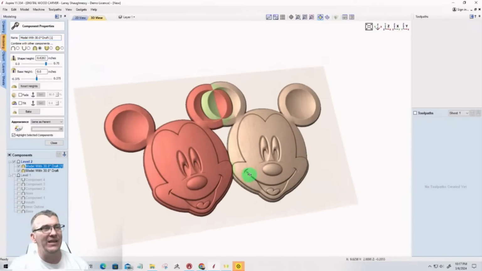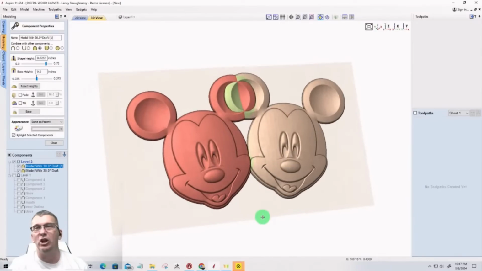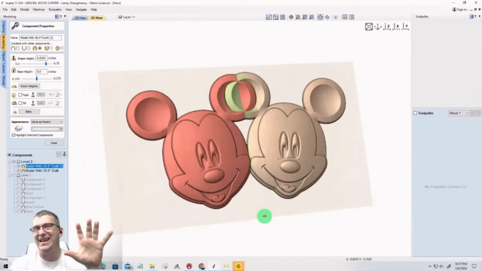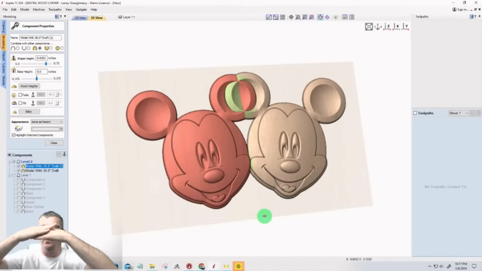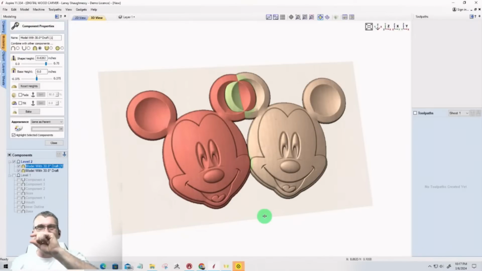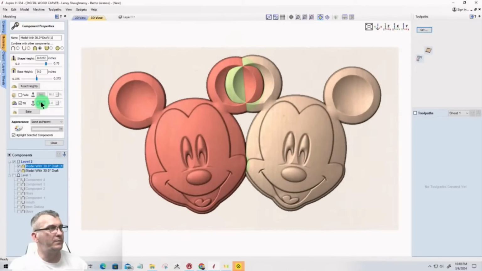Well, I need this Mickey that's red to give the illusion that this head is in front of the other head. So I need to tilt Mickey a little bit. Now, when you tilt a model, it's like shoving a wedge under the model. There's a thin part of the wedge and a thick part of the wedge. So when we shove that wedge in, that thick part is going to lift up the model. So when I come in to tilt a model and I hit the set button, there will be a